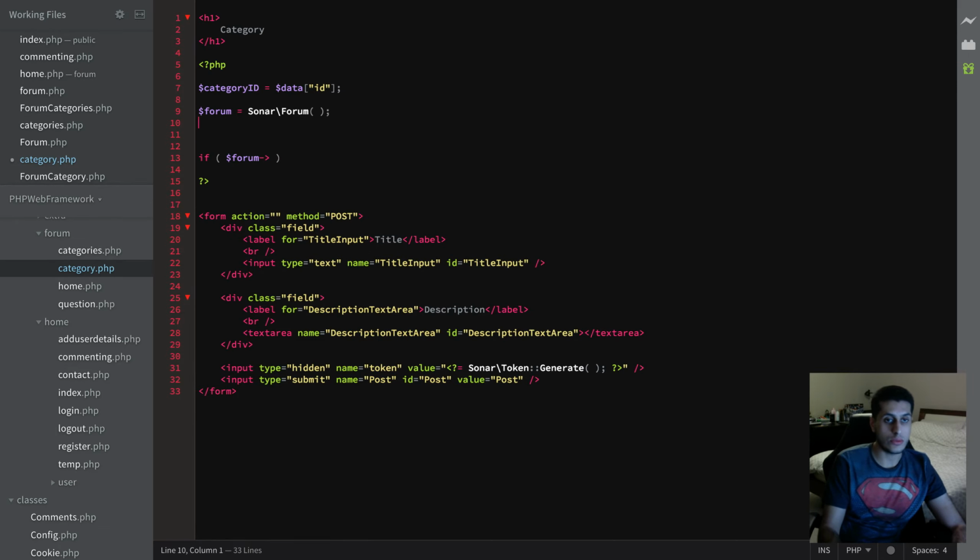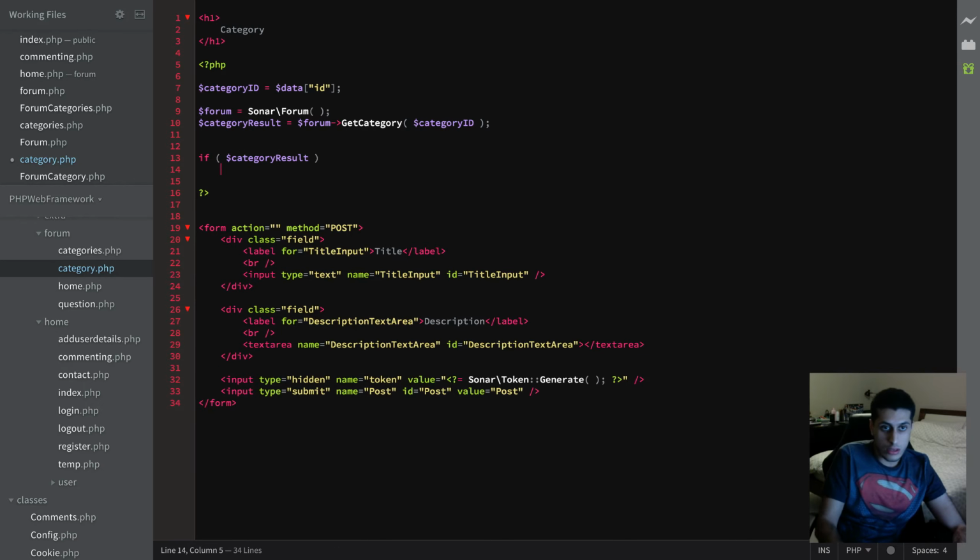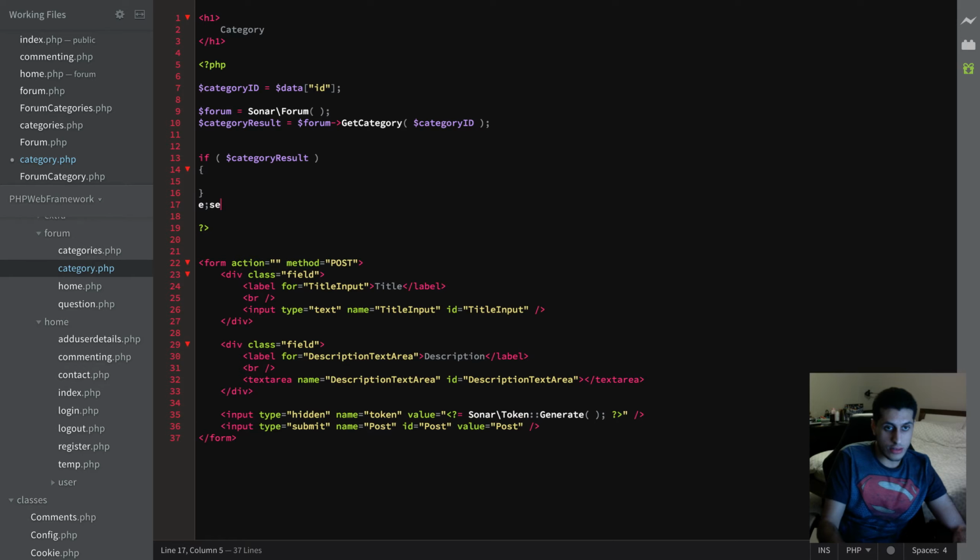Now we're going to do dollar category result equals dollar forum get category. I was just checking if I had it copied into the clipboard, and paste in the category ID. So now we just check if this is valid, else